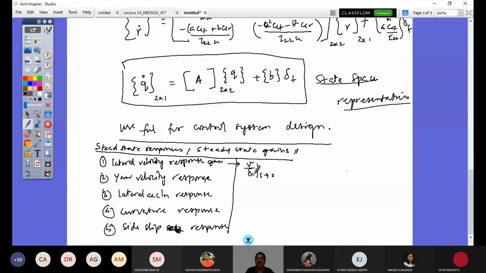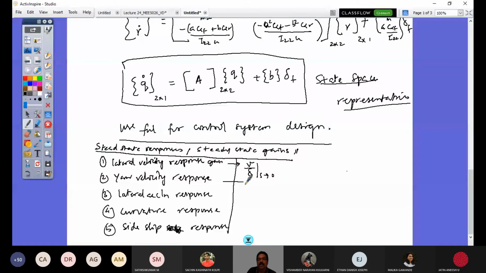So for the given input steering angle, what is my yaw velocity, lateral velocity? That is my transfer function. That is why you see this is a very useful representation for control system design, right? So this is now R by delta as s tends to 0,